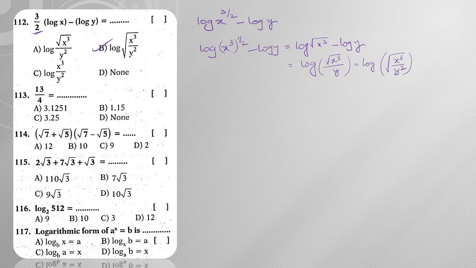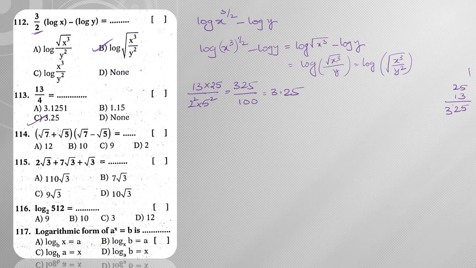Next, 13 by 4. So 13 by 4 I can write as 13 by 2 square. Right? So to make it a power of 10, I am going to multiply with 5 square. So 5 square is nothing but 25. Then 13 25s. So 25 multiplied with 13, so 5 3s are 15. So 1 is carried, so 3 2s are 6, plus 5 is 11, plus 1 is 12. So 1 is carried, 2 1s are 2, plus 1 is 3. So this gives me 325 divided by 10 square, which is nothing but 100. So this gives me 3.25. Hence the answer is option C.